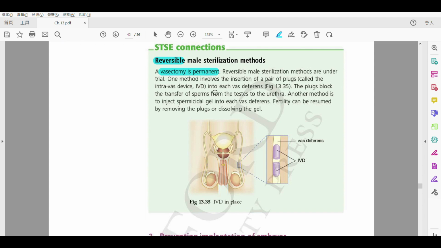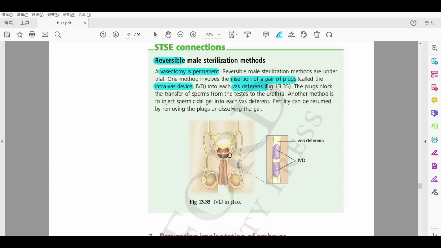How is it reversible? Let's take a look. One method is insertion. Insert means to put in a pair of plugs, which are like switches or pistons. This plug is the intravas device (IVD). You do not need to remember this, OK? This plug will enter your vas deferens, going straight in. And this plug will block the sperm from going up. Your sperm cannot go up, but still the semen will be